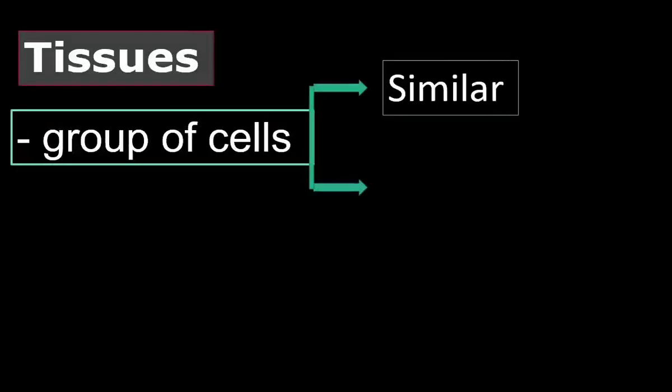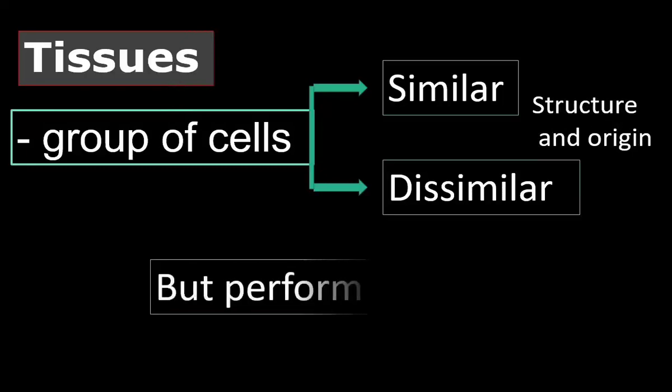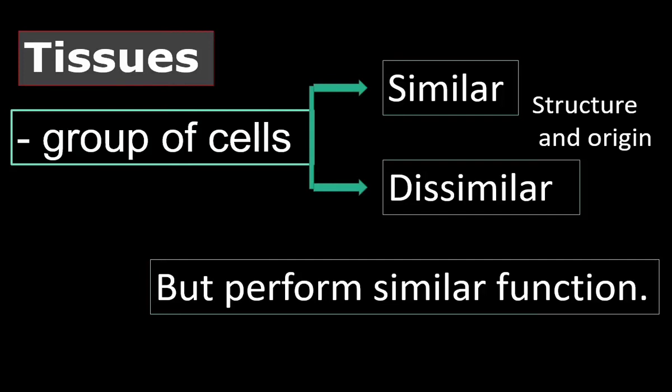What are tissues? Let us see now. A tissue is made up of group of cells that we had learned in 9th standard. Now let us see group of what type of cells. A tissue is made up of group of similar type of cells. The cells are similar in structure and origin, or dissimilar in structure and origin, but they perform similar function. All the cells of a tissue perform similar function. For example, xylem is a tissue. It is made up of 4 different types of cells, but all perform a same function, that is transportation of